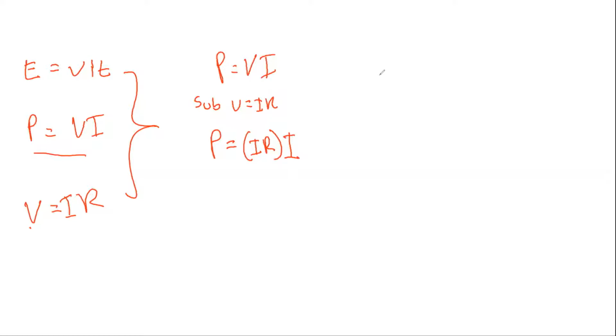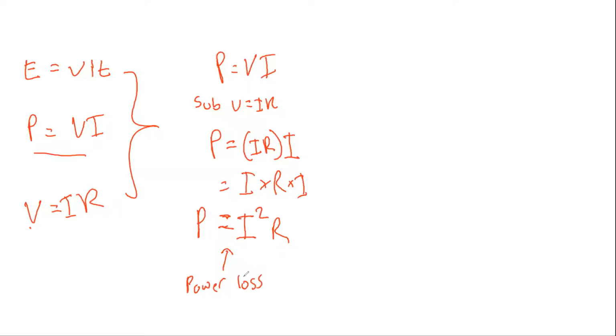So the next step here is to say, if I've got an I here and an I here, what I've got essentially is I times R times I. So the final formula is P equals I squared R. And that is a formula that we sometimes use when we talk about power. You guys will learn this, we might use this later on. This is called the power loss